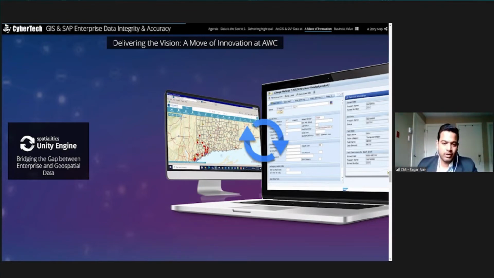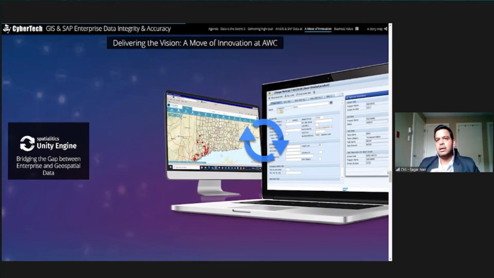What are the business users looking for? And so on and so forth. The focus with Unity Engine was to improve the consistency and quality of the geospatial and SAP data assets. And this, in turn, as a business benefit,